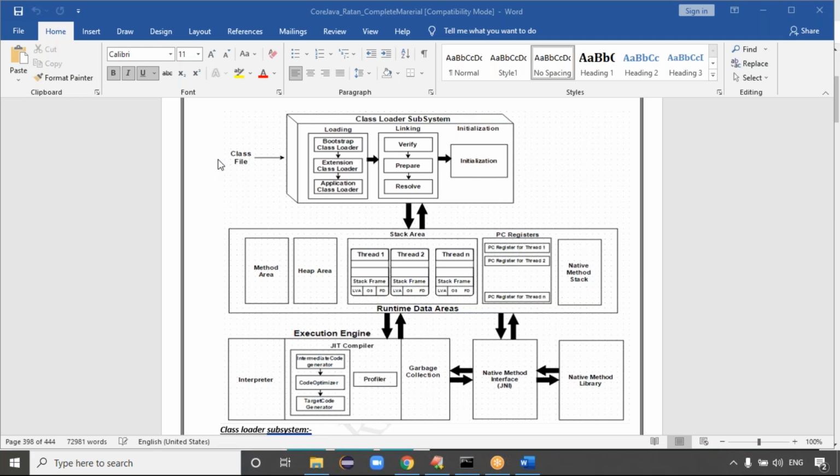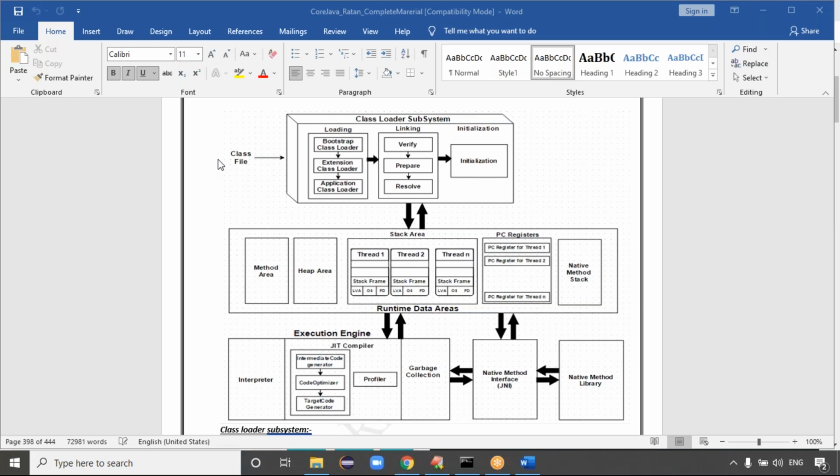So up to now, we are discussing execution always starts from the main method. Execution starts from the main method means how many threads are there? Only one thread is there. That is called the main thread. Whenever the execution starts from the main method, one thread automatically starts. That is called the main thread.